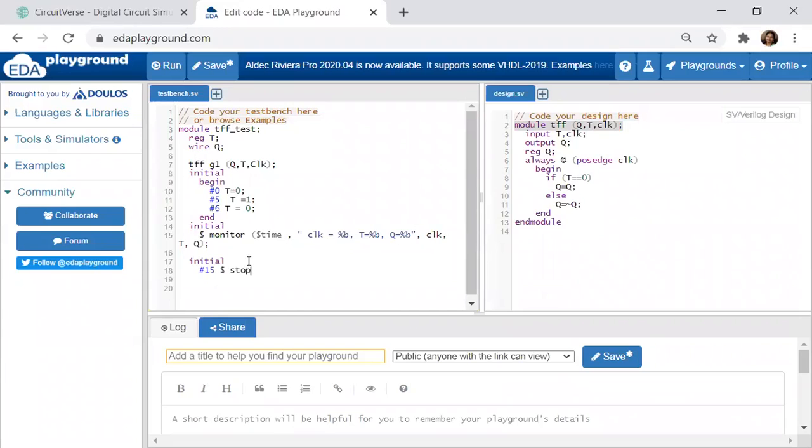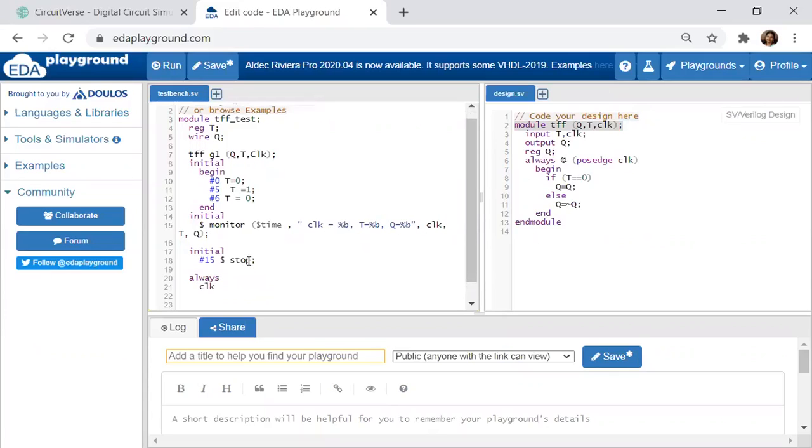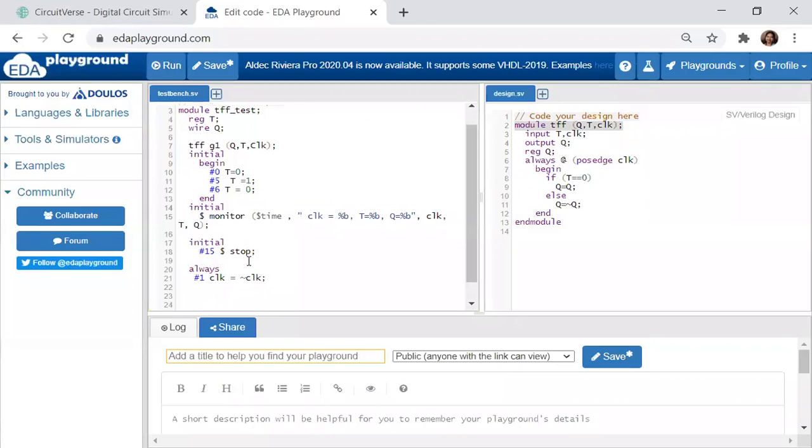This is done, 3 initials. Then the next one is I have to take care of my clock with always. Clock is equal to, after some delay, #1 clock is equal to not of clock. End module. So this is all with respect to the test bench.